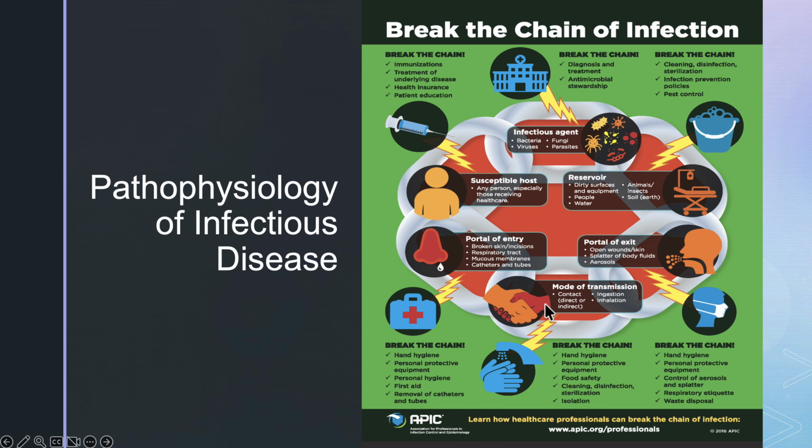And that mode of transmission, wherein the other person, say it's a droplet, it's a cough. Well, that other person inhales those droplets with the virus in it. There's a portal of entry, might be through the respiratory tract in this case, and then a susceptible host. So the person taking in those viral droplets, are they susceptible to infection? Maybe they have a compromised immune system, or they don't have any immunity to that virus, to that bacteria,